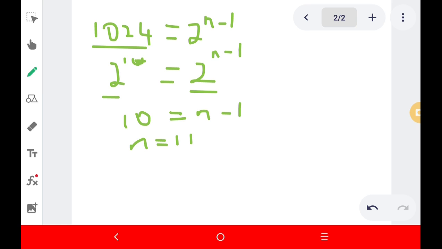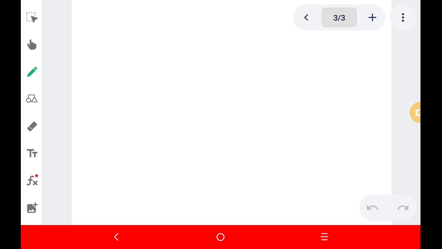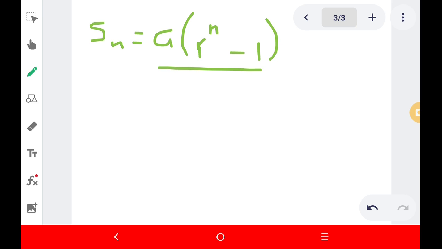So basically we are adding the sum of the first 11 terms. Now with that being said, we have the following formula to calculate the sum, which says S_n equals a, open bracket, r to the power of n, minus 1, close bracket, all over r minus 1. Based on what we have, we're looking for S11. So we have S11, which is given by our first term,